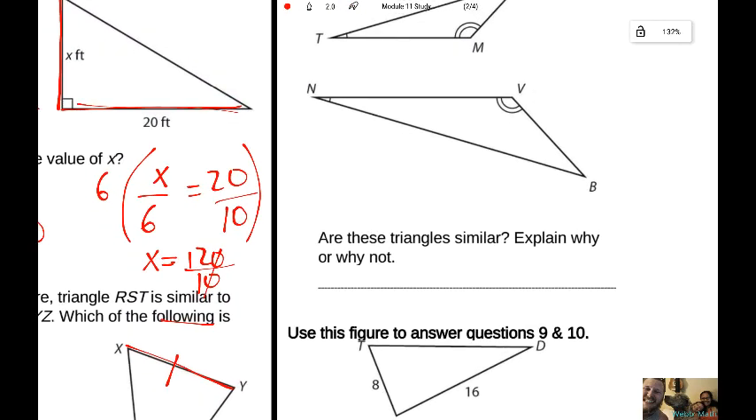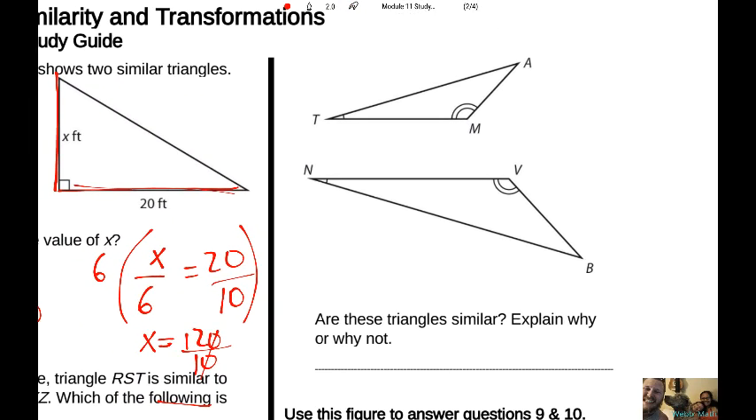All right, number 8. This is a good one. Are these triangles similar? Explain. So again, make sure you explain. Don't lose points just because you didn't want to share your process. They're telling us that angle T is congruent to angle N, and that angle M is congruent to angle V. Good to know. So since two angles are congruent, that's the word,